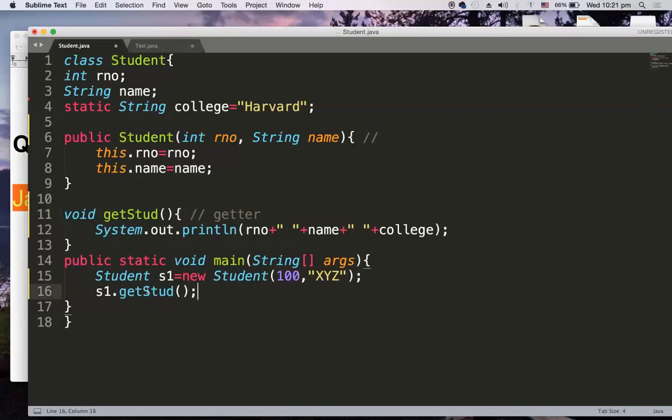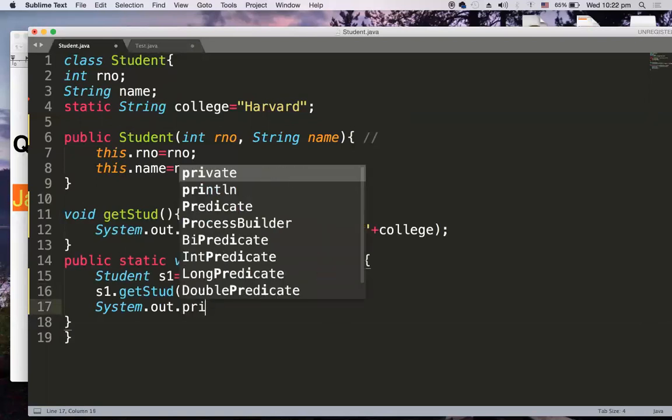Then s1.getStudent, we actually get all the three members, roll number, name, and college. So you will be seeing the output like 100, XYZ, and Harvard. So that is known actually. Now what I'm doing here in this program is adding one more statement,